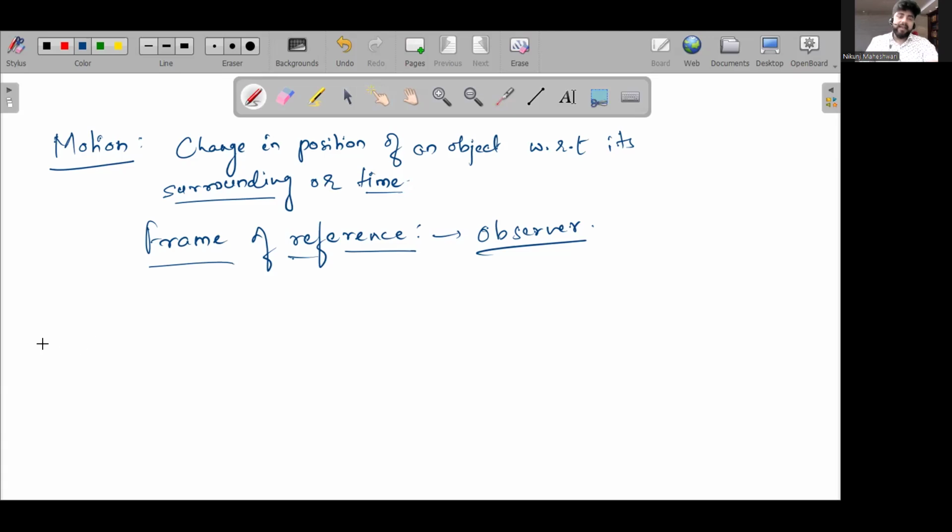Now, of course, I do not need to tell you all this, but still, what is rest? It's simply put a no and copy the definition of motion. No change in position of an object with respect to its surrounding or time is what is rest. Very simple, right? So that is motion and rest. It's just a recall of the things that we already know from the previous grades, right? So I'm not going in a lot of depth. We are just building up the context for Newton's laws of motion.